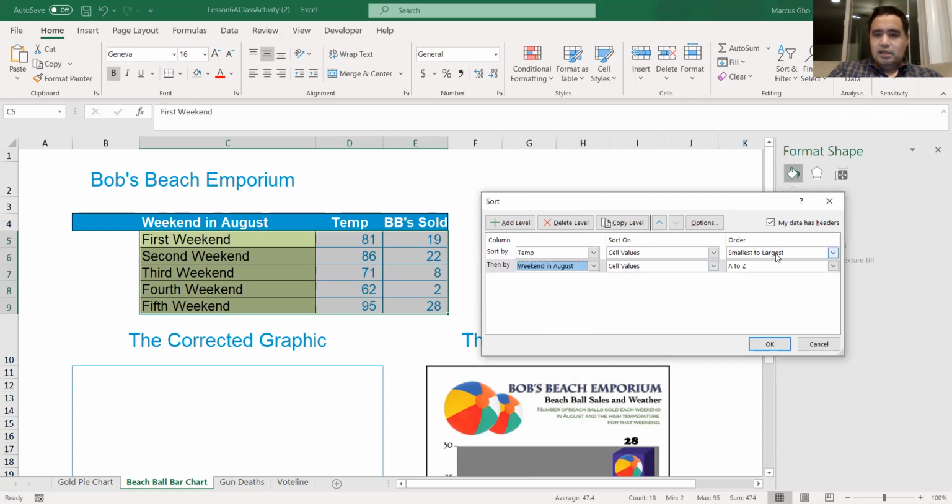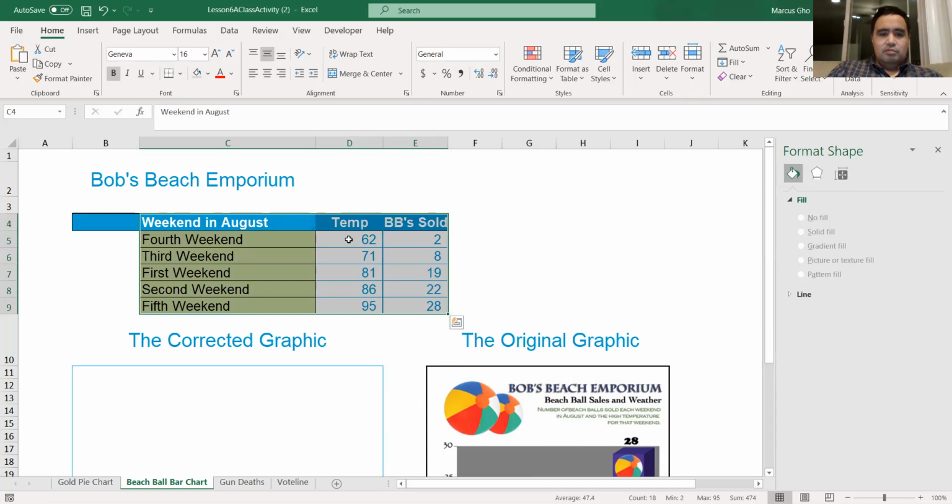That's the column D, from smallest to largest. Then having weekend in August, it will next sort that. So if you have two temperatures that are the same, it will sort depending on alphabetical order. You can set this up for whatever table you have. We have multiple levels of sorting. And so now I have it sorted from the coldest temperature to the hottest temperature. So let's start, I'm going to start making these,